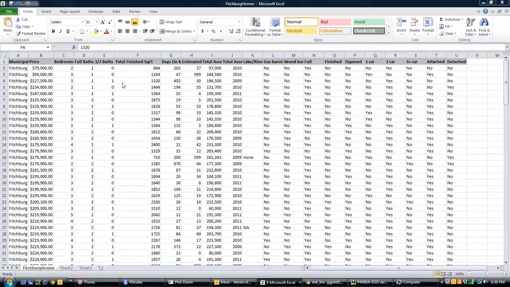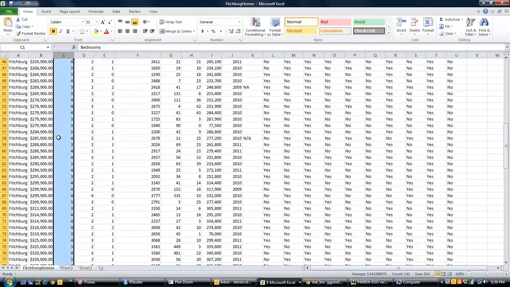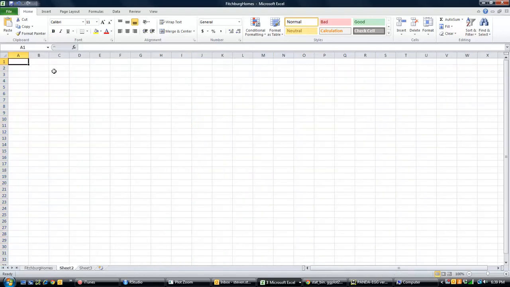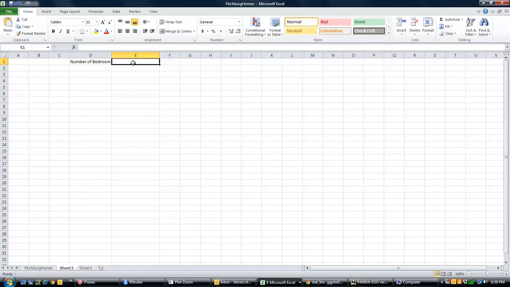So first, let's see how the houses are distributed by the number of bedrooms they have. We'd like to have a visual of all these number of bedrooms. So we're going to make a pie chart. The first thing we do is go to the second sheet and get a table ready. So we type in number of bedrooms, and number of houses with that many bedrooms,